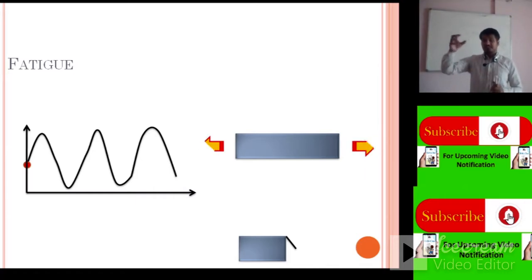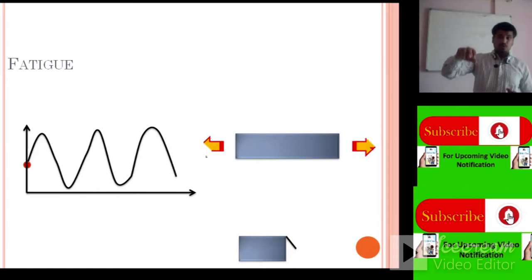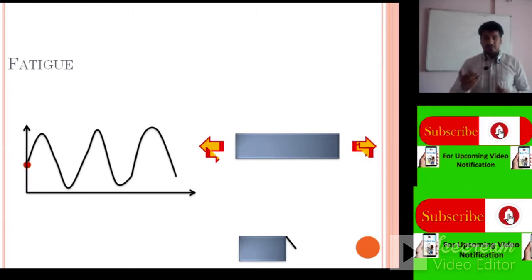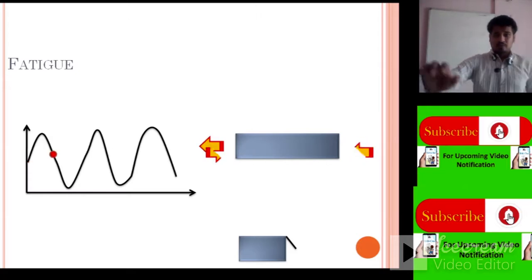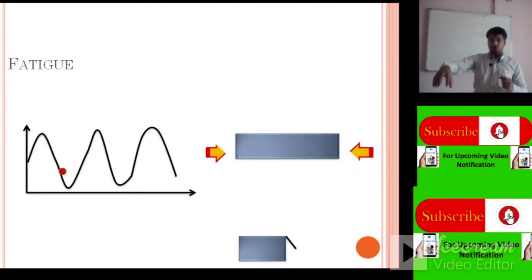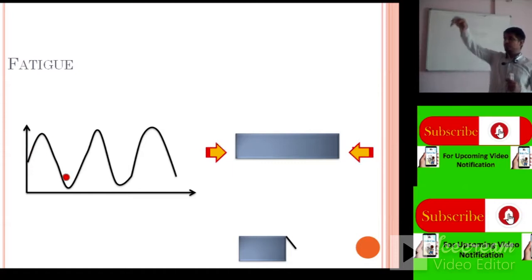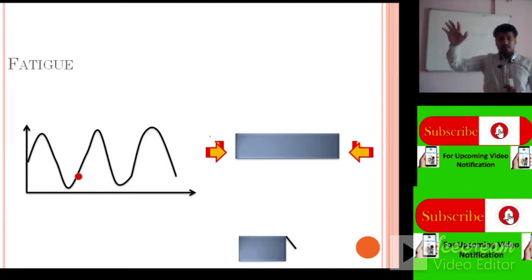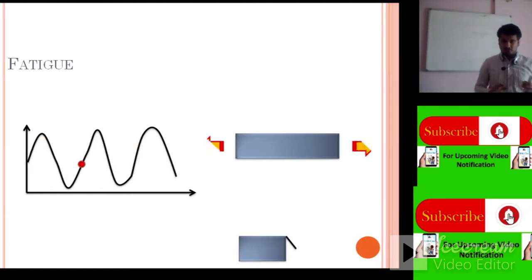When we apply the external load, that is fatigue load or fluctuating load, any machine component gives the result of loading capacity. We can plot that load on a graph. This is a fluctuating load, meaning when we apply 100 kg of load on any object and remove it up to 0 kg, and again apply 50, 0, 80, this type of load is known as a fluctuating load.